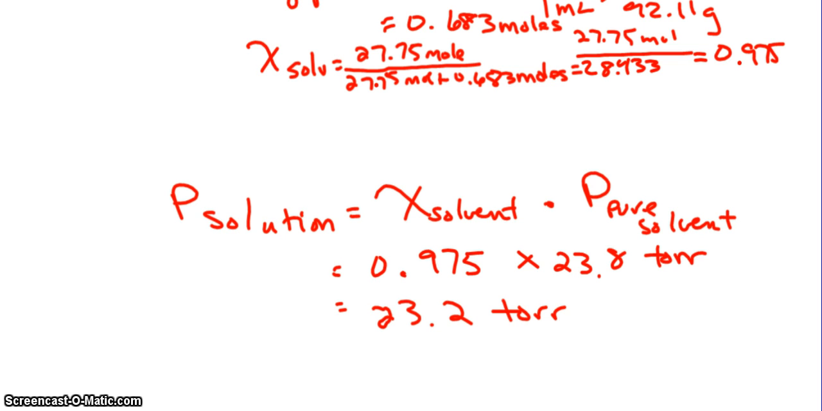Okay, so here is the final solution. So I took the vapor pressure of the solution as the mole fraction of the solvent times the pressure of the pure solvent. Here's the mole fraction number I gave you, 0.975. I put that here. Here's the original pure solvent vapor pressure at 23.8 torr, and you multiply them together, you get 23.2 torr. Notice that the number is lower than the original, which it should be, because once again